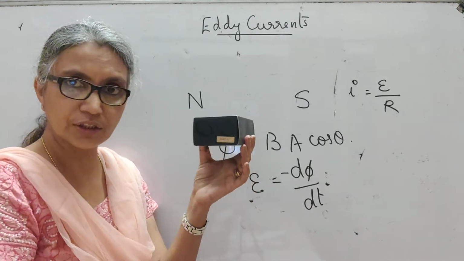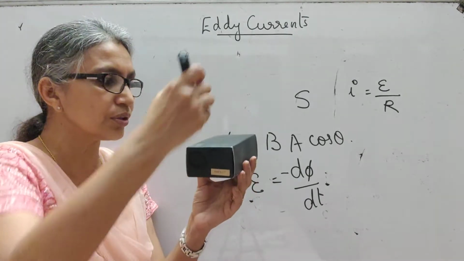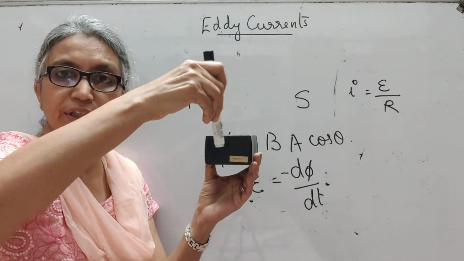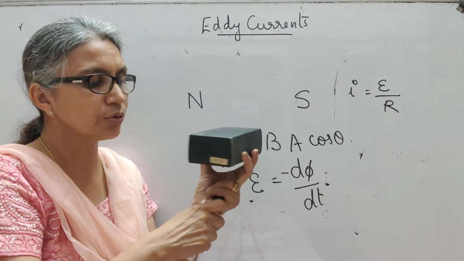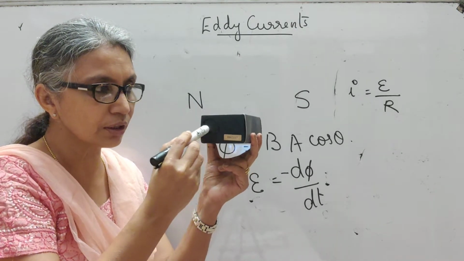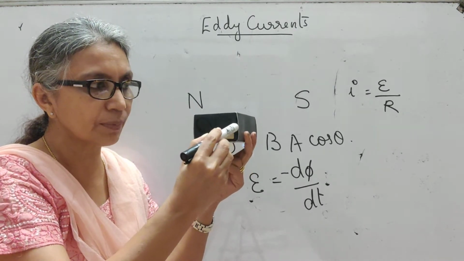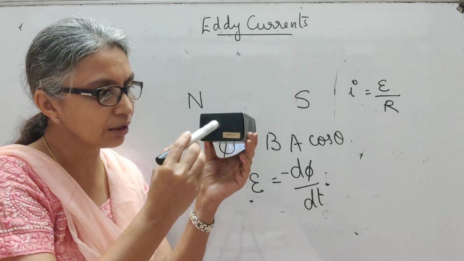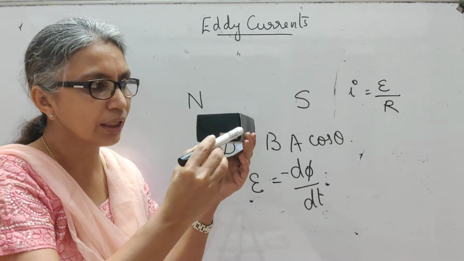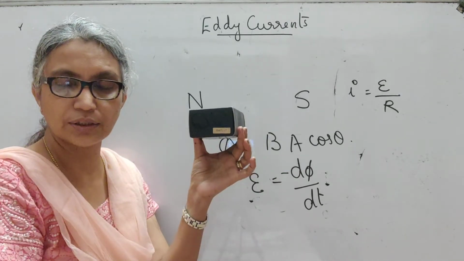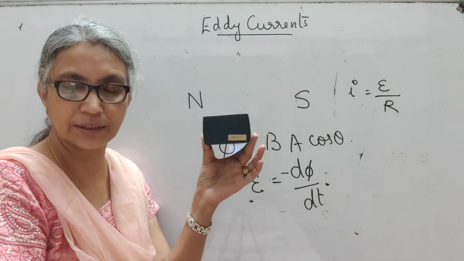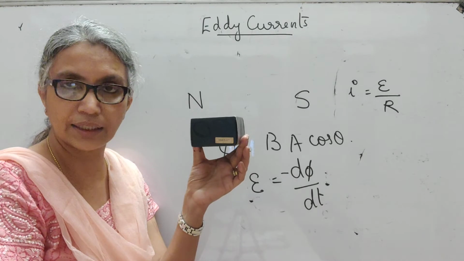You may change it by changing the magnetic field. Now, because of this flux change, there is an induced current, but the induced current does not have a well-defined path to flow. Because it does not have a path to flow, it will form circular loops of current within the bulk piece. These circular loops of induced current formed in bulk pieces of metal because of a change in flux through the metal piece are what you call eddy currents.